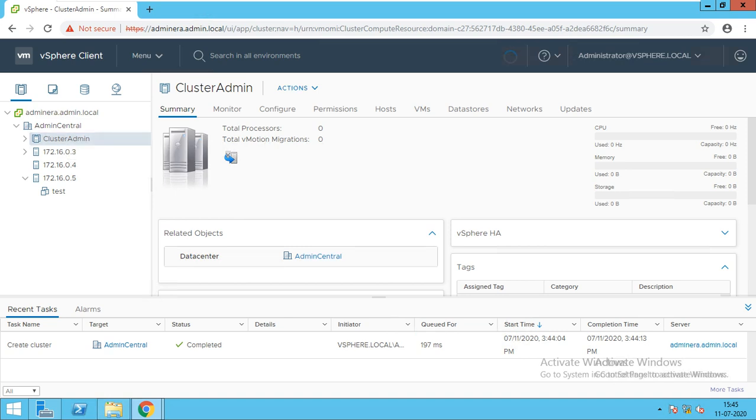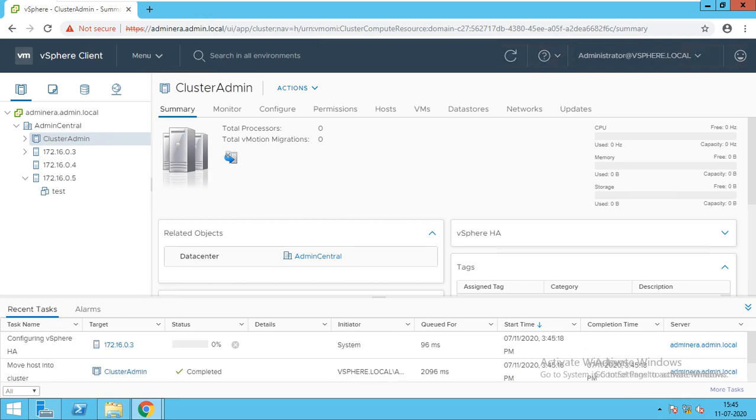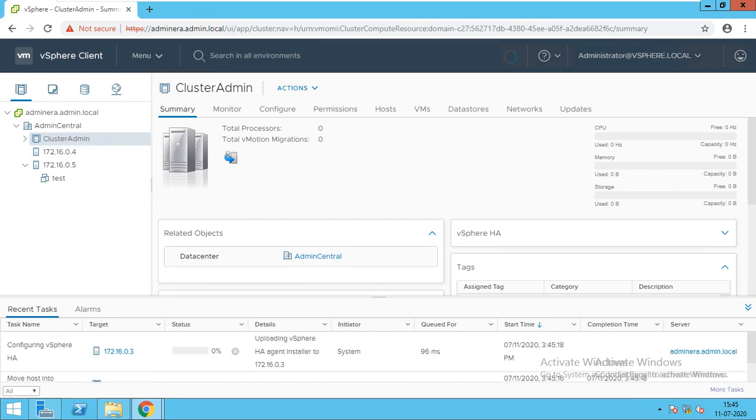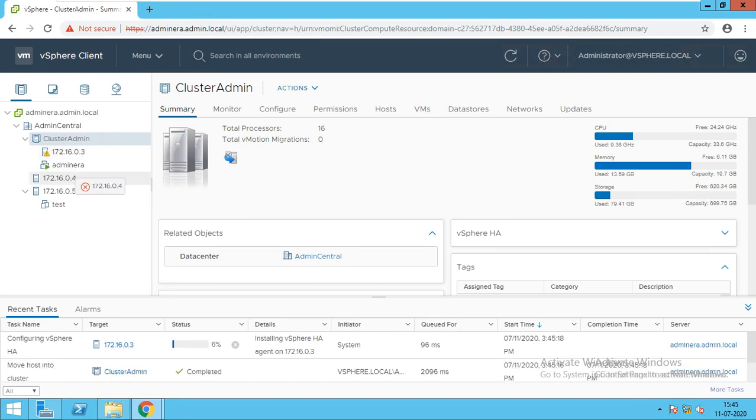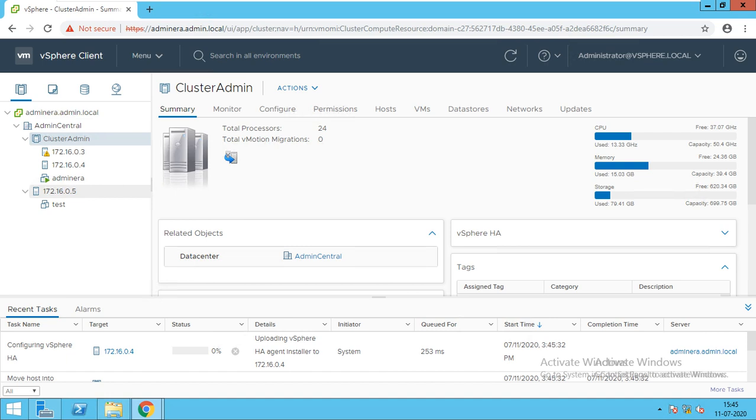After drag and drop, this host will get added to the cluster. You can see one host is added. We'll go for the second one, drag and drop, and then we'll go for the third one to add.